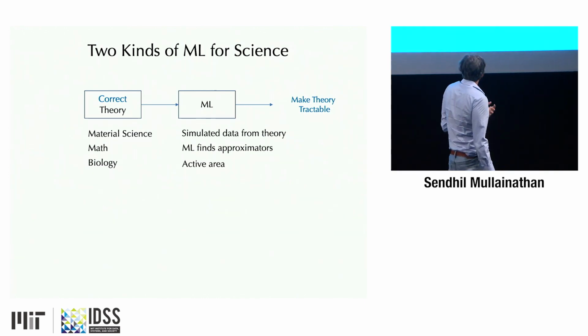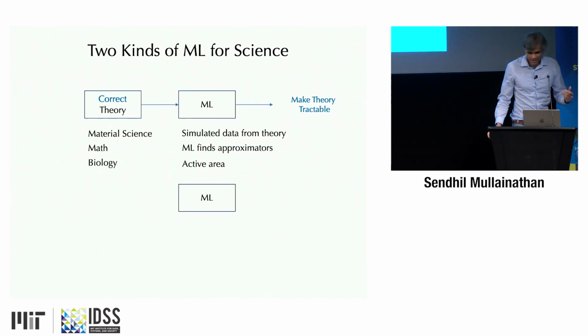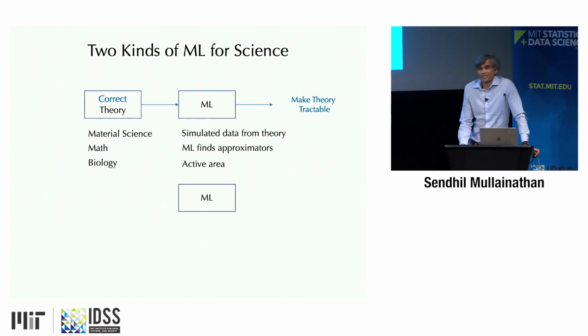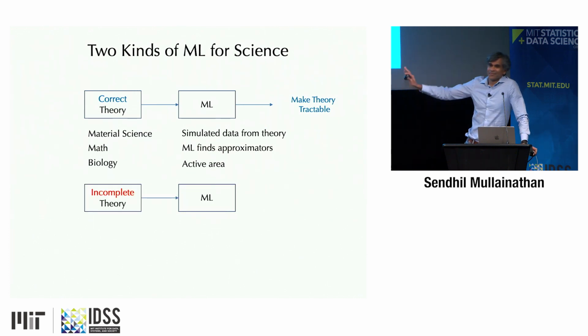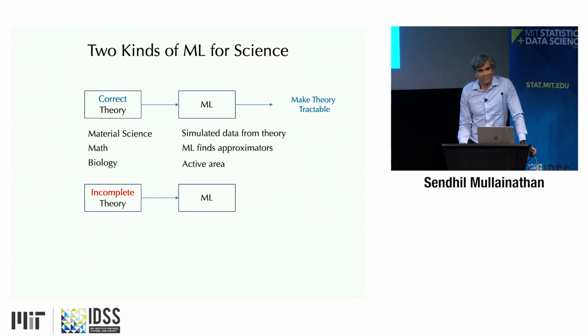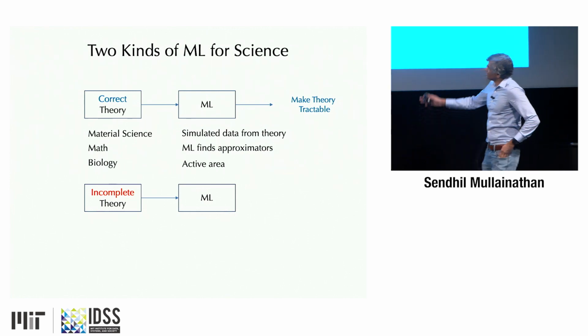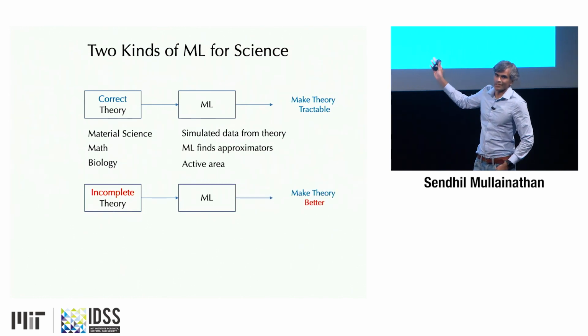I want to talk about a different area where ML is useful. It's closer to the work I do in behavioral science, where I don't think anybody anywhere wakes up and says we have correct theories of human behavior. So I think it's fair to say we have, I won't say incorrect, because I have colleagues, let's say we've got incomplete theories of human behavior. Here the goal isn't to approximate this incomplete theory. It's in fact to improve this theory.